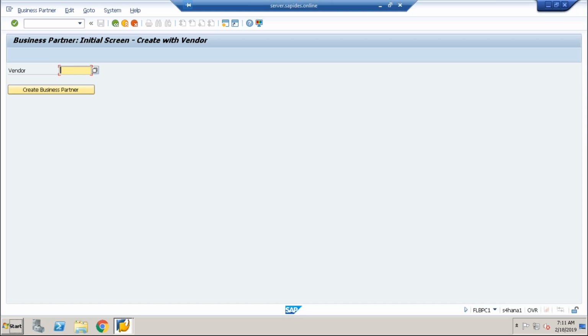So again, you will have a customer number separately, because there is a number assignment specifically for a customer. Simultaneously, there's a number assignment specifically for a vendor, right? Based on the number assignment, it picks up the number ranges and creates a customer. In this case, suppose I have a customer number, I will have to generate a BP number, right? With that particular customer number, I can create a BP number, right?